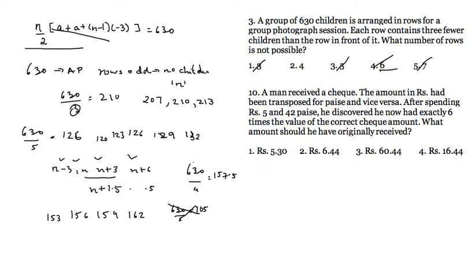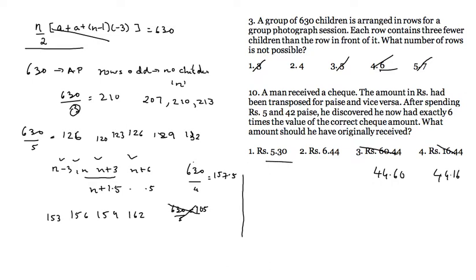Now the 10th question, it's very easy. You just need to substitute. After transposing, you have more than 6 times of the value, right? You have more. Why? Because even after spending 5.42, you still have 6 times. So definitely after transposing, you have more than 6 times. So you can eliminate options 3 and option 4, right? Because when you transpose here, this becomes less than the original number. And if you transpose here, it is just a little bit more than 2, it's not 6.